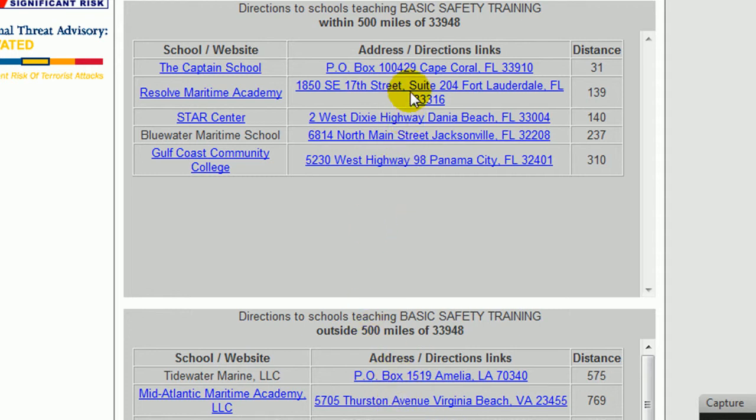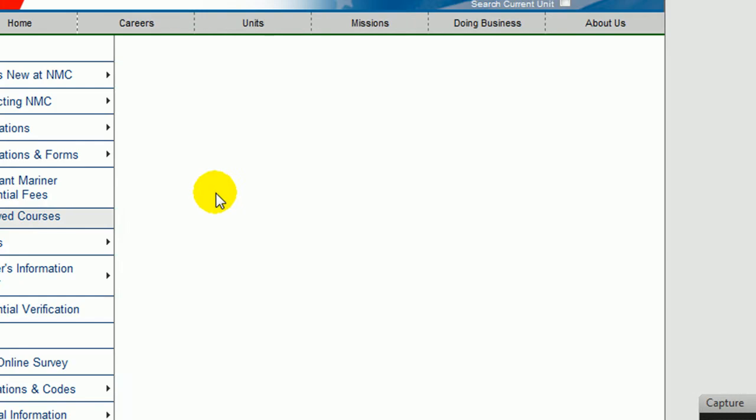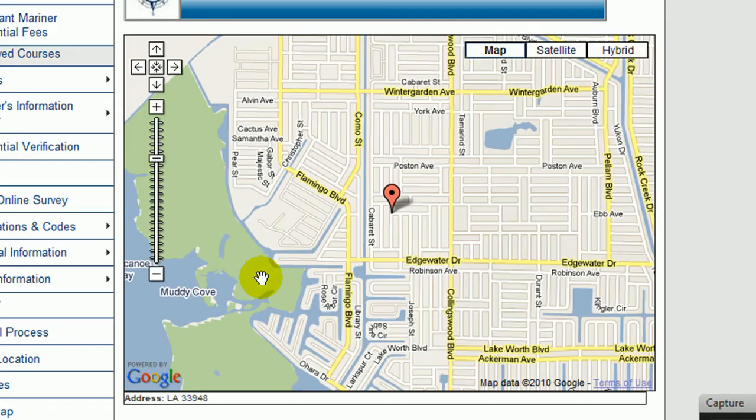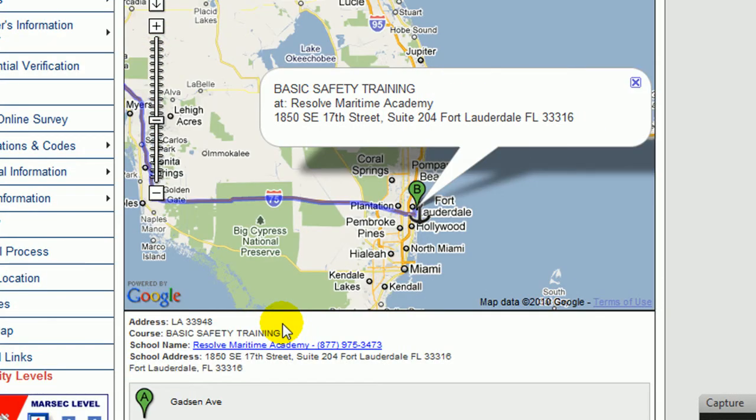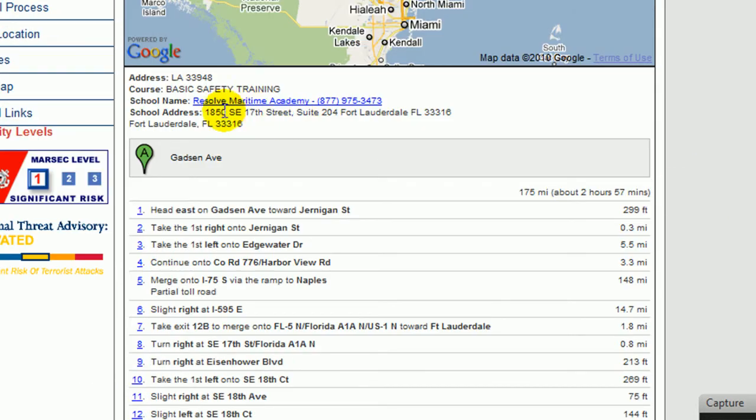Let's take this one over in Fort Lauderdale and see what it brings up. And it gives you a map and gives you the address. I'm not seeing a phone number for them. Oh yeah, here we are. Resolve Maritime Academy, 877. So you can call them and see how much is this going to cost me to